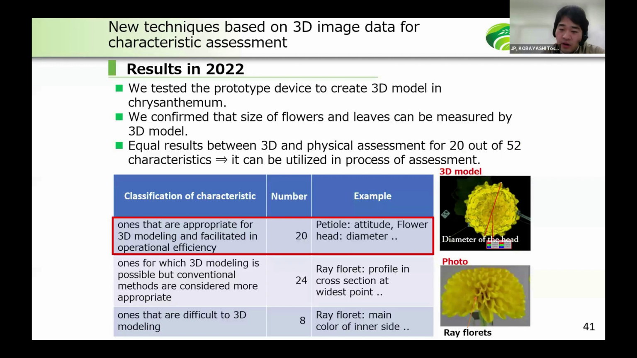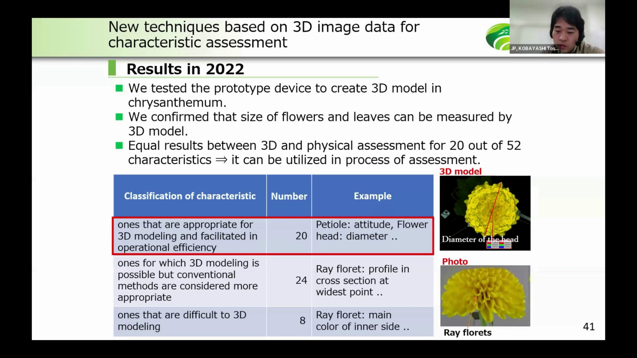The results of our attempt in 2022 are below. First, we tested the prototype device to create 3D models of chrysanthemum. Second, we confirmed that the size of flowers and leaves can be measured by the 3D models we created. And third, we found that we can get equal results between 3D and physical assessment